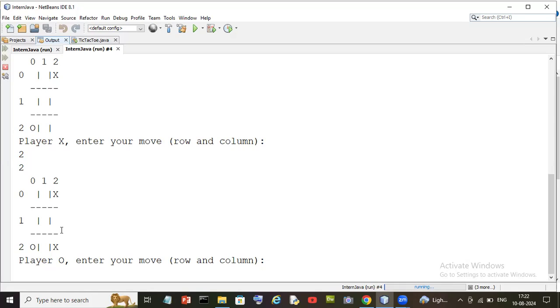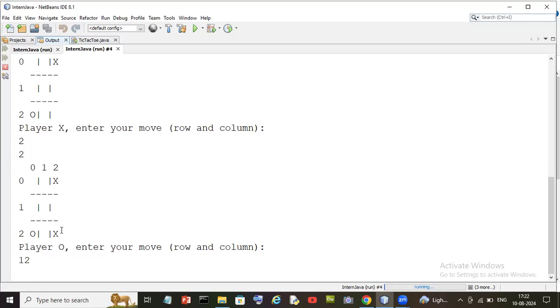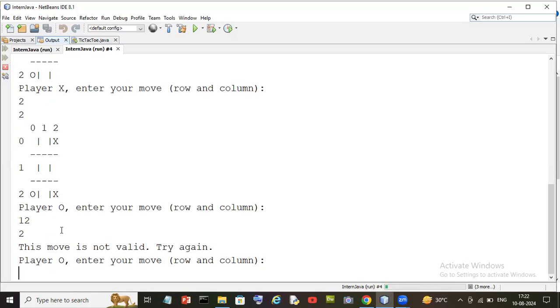Okay, so instead of writing 1 and 2, suppose I have written 1, 2 in this way, and suppose 2. So here the data entry is invalid. My program must be robust enough to check that I have entered invalid or empty data, so it will not take my data. So see what it will show you. This move is not valid. Try again. Now I will enter 1